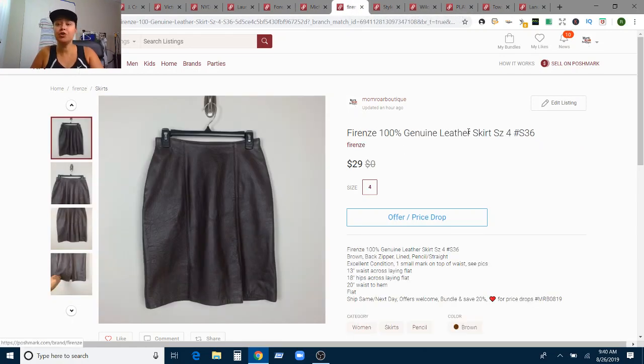Next up is a 100% genuine leather skirt, size 4. So this is a relist as well. So it's newly, as in just listed, but not new to my inventory. And I bring this up because I think it's got to be pretty specific, but every time I find a genuine leather skirt, 100% leather,